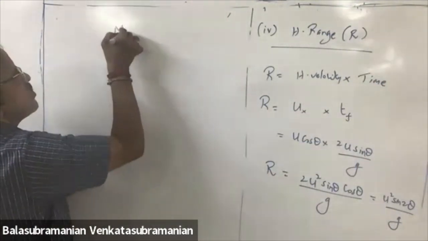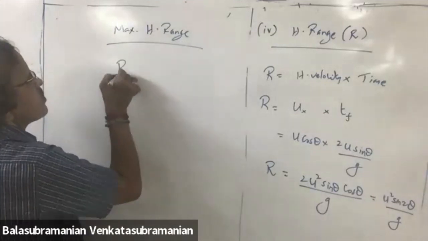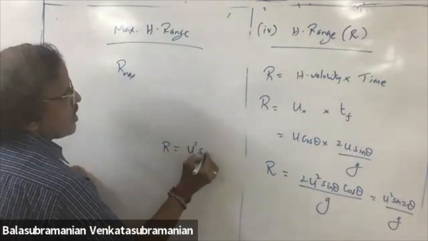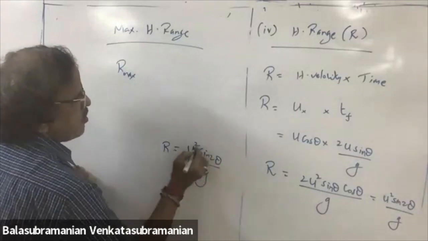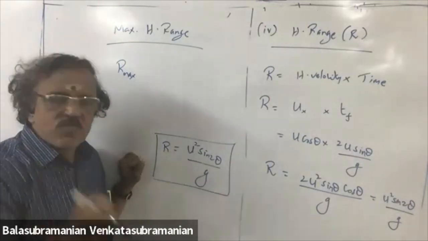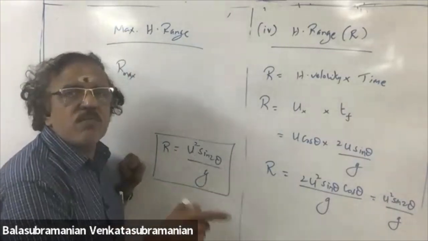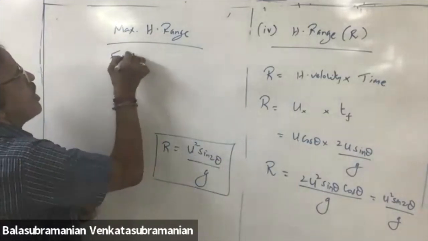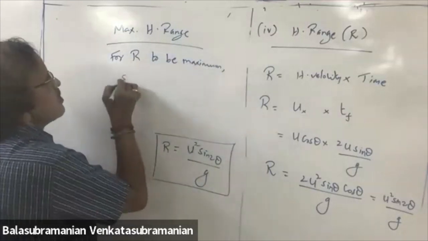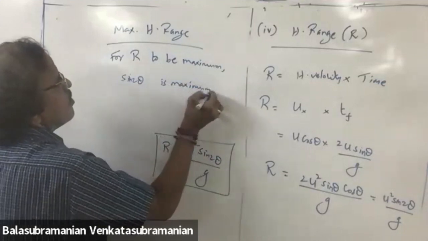Maximum horizontal range, or R max. What is our formula? U square sin 2 theta by g. This is horizontal range formula. When you say R is maximum, sin 2 theta should be maximum. For R to be maximum, sin 2 theta is maximum. Implies